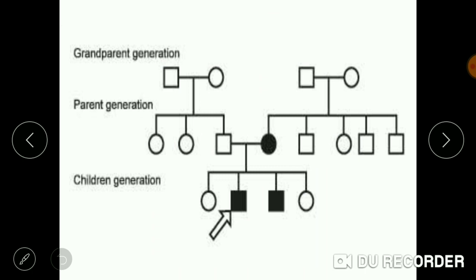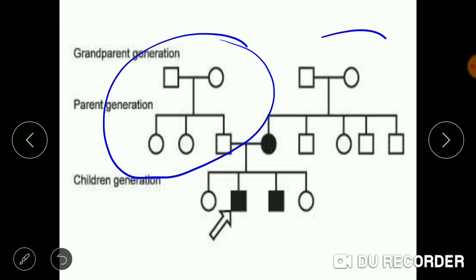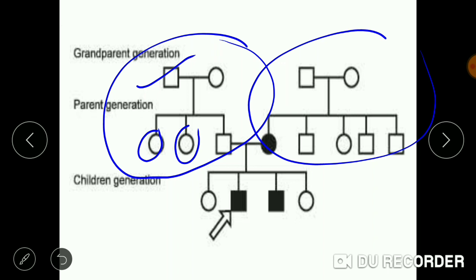There are two families being shown over here. This is one family and this is the other family. Now let us see. One of the males married a female and they are having 3 children, out of which 2 are female and 1 is male. In another family, the male married a female and they are having 5 children, out of which 2 of them